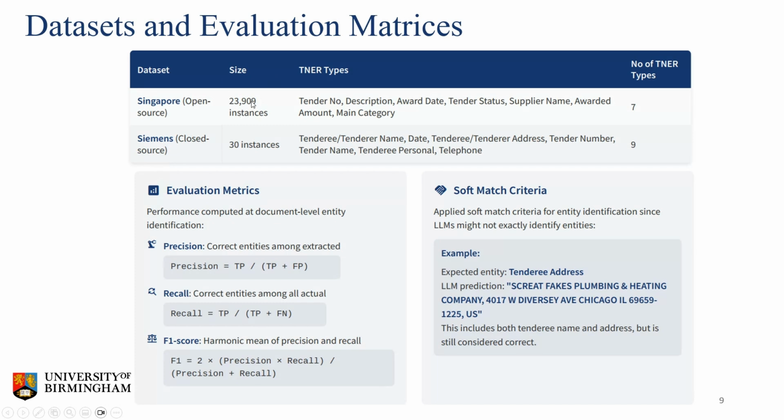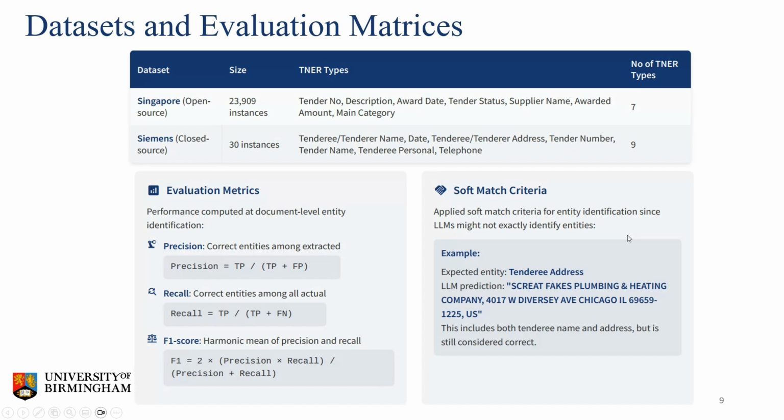So there are 23,909 instances in this dataset, and there are seven different entities in the open source data. Similarly, the Siemens dataset consists of 30 documents, and there are nine entities that we are focusing on extracting. These are the evaluation metrics that we have utilized for computing model performance, like precision, recall, and F1 score. Similarly, here we are not applying strict matching criteria for identifying the entities, but we are applying soft matching